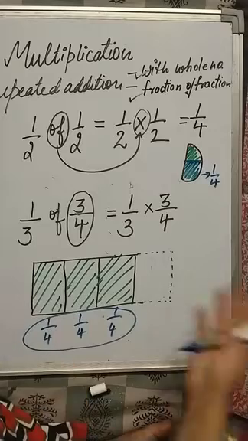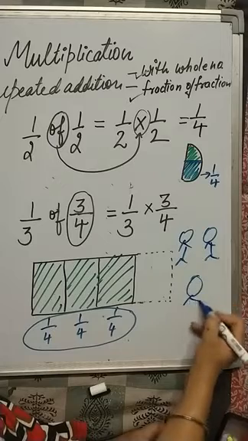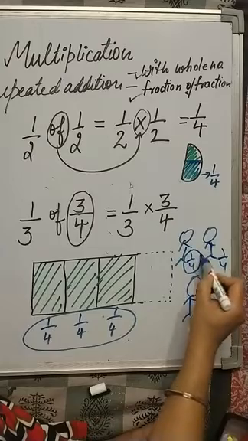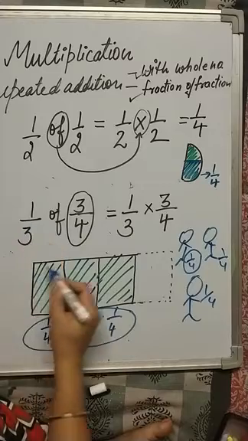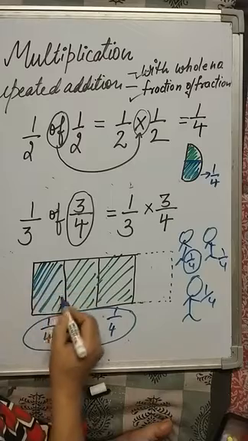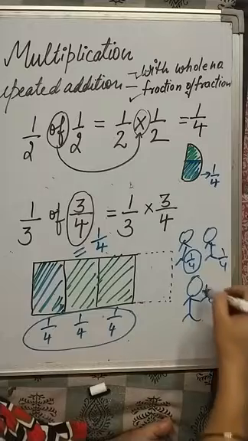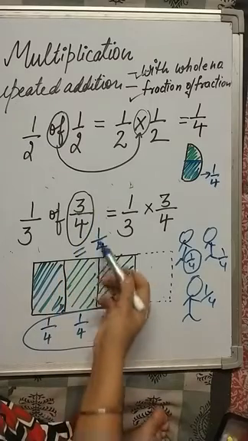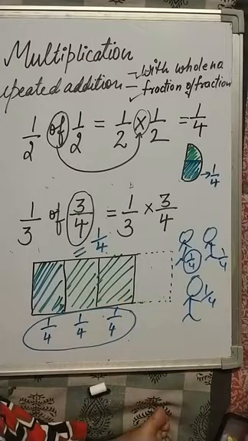But if we have to distribute 3/4 among 3 people, each will get 1/4. Okay, and this 1/4 is the third piece size. 1/3 of 3/4, one piece of the 3/4 piece size. And what is the name of this piece size we are going to eat? We will eat only 1/4 of piece size. It will be divided into 3 equal parts. So 1/3 of 3/4 is 1/4. Only one piece. It's already divided into 3 equal parts.